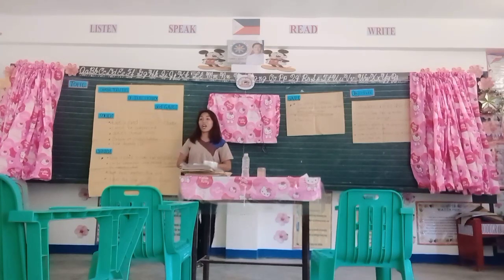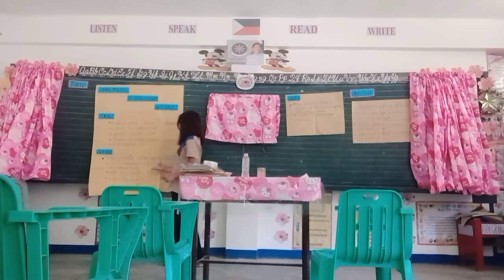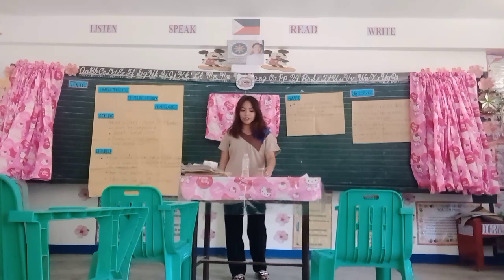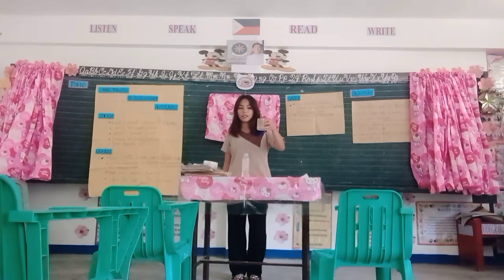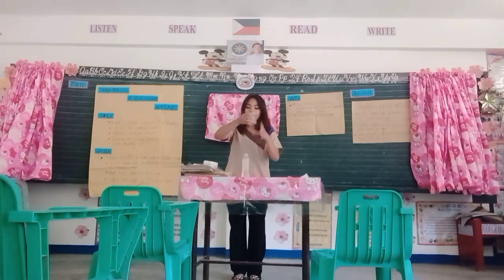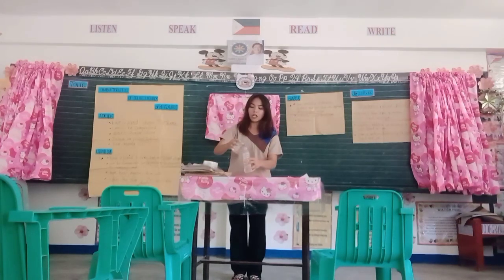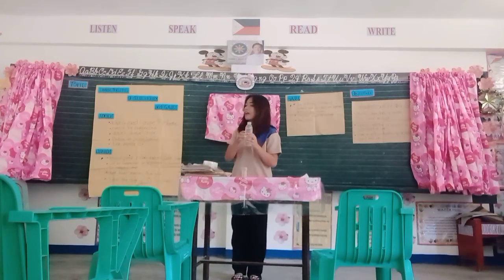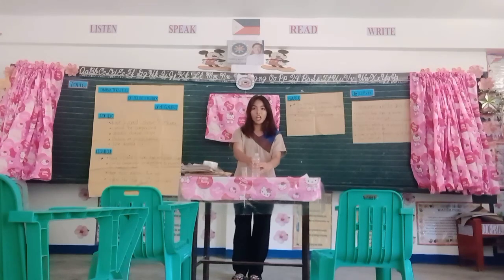The first characteristic of liquid is that it has a fixed volume but no fixed shape. So, what does it mean? I have an example here. I have water here in this container. And if I transfer it to the bottle, it will take the shape of the bottle. Why? Because they have no fixed shape. Only fixed volume but no fixed shape.